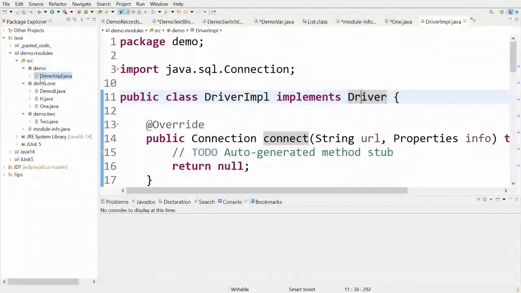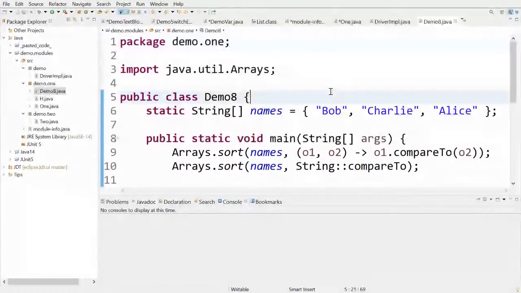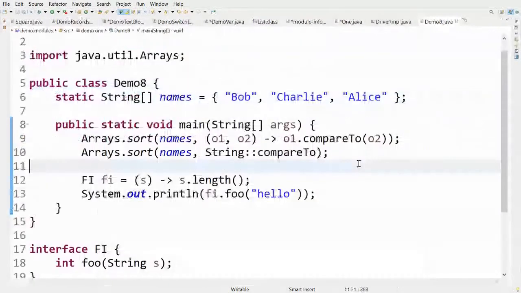Now, with this, let's see some tooling features which were added for Lambda expressions and method references, which were introduced in Java 8. So Eclipse IDE provides a lot of quick fixes, quick assists, and cleanups to convert your anonymous classes to Lambda expressions and method references and back. So here to show you some examples.